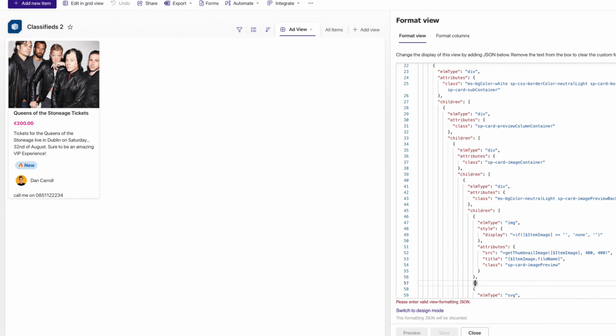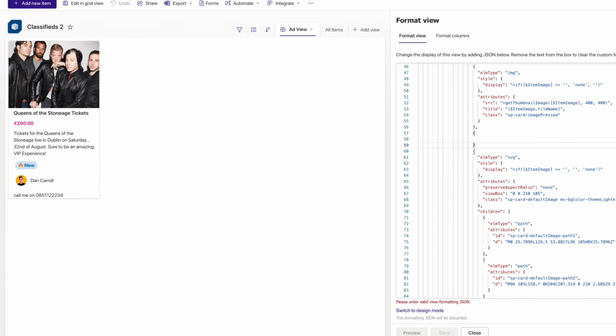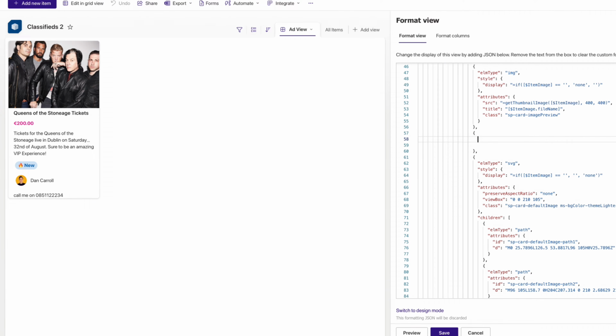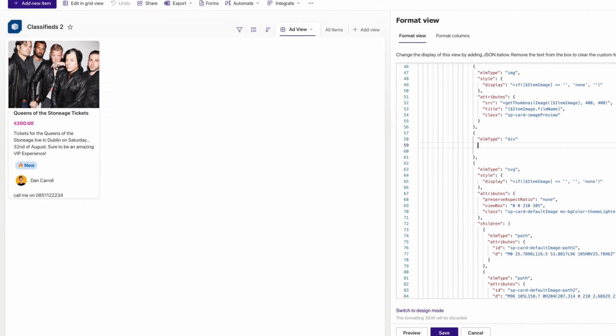I'm going to put in a set of curly brackets, just so we don't forget, and add in a comma after this one. The first thing we're going to type in is a new element type, or Elm type. I assume that's what that stands for. We're going to make it a div. A div is like a section, so we have this new section that we're adding in here. Now we just want to style it, tell it how to look and behave. So we have our style and we have our